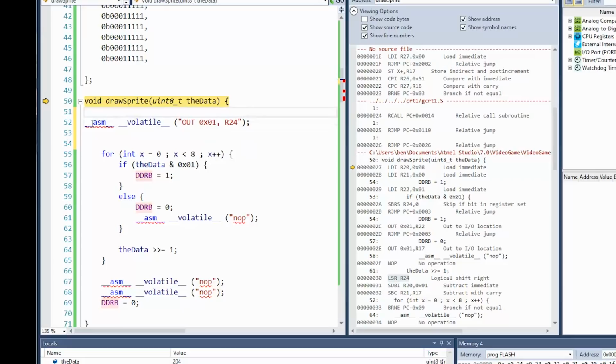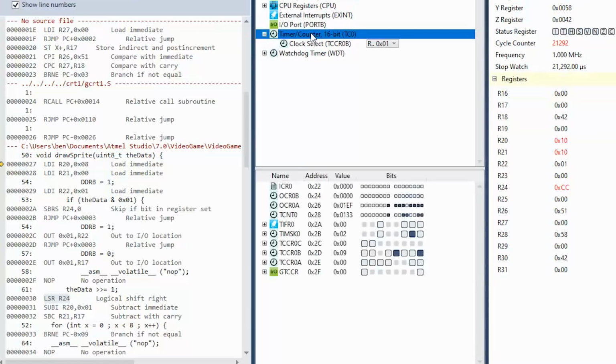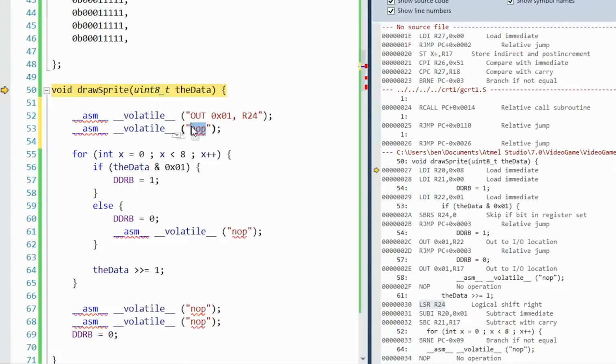All right, so when we call this function, the assembly is passing the data, this local int, in register 24, and that's one of the ways that it saves you RAM because it's actually putting a lot of those locals into a register. And as we can see over here, yeah, register 24 has CC in it, and most of the registers are being used, so we'll probably try to avoid them. Oh, also over here, we can look at the, where was the timer counter? Yeah, there's a TIFR row right there, see that? So those are the bits we were looking at. That's bit 1, that's when we actually compared it to. Logical shift right,